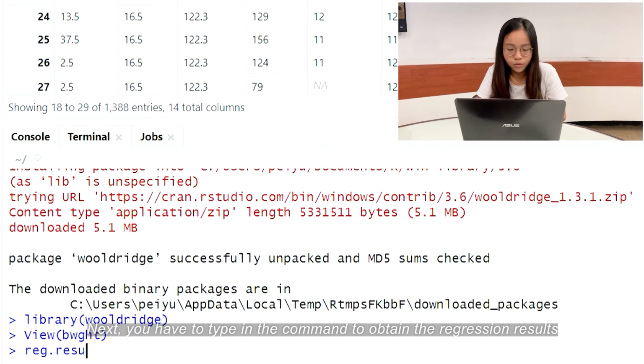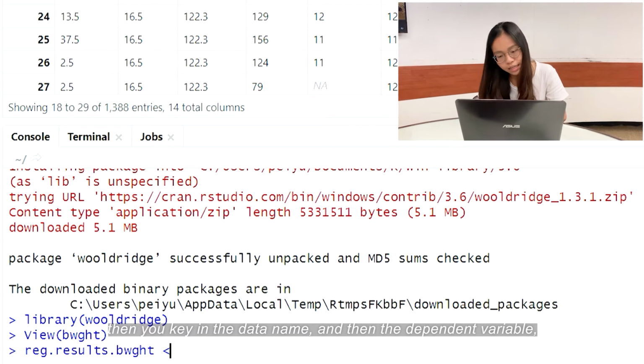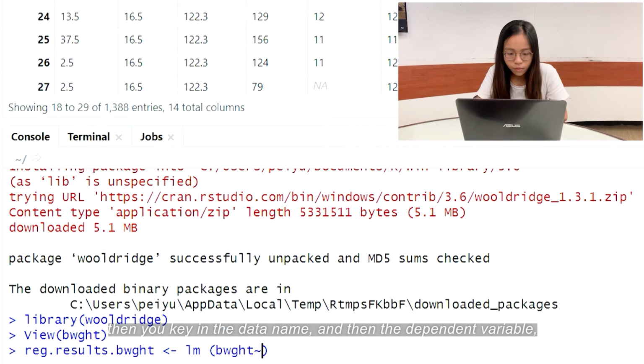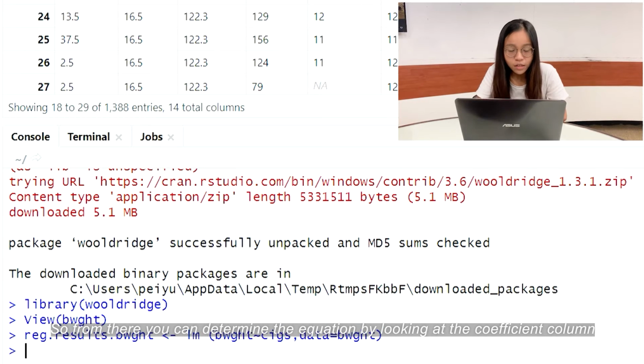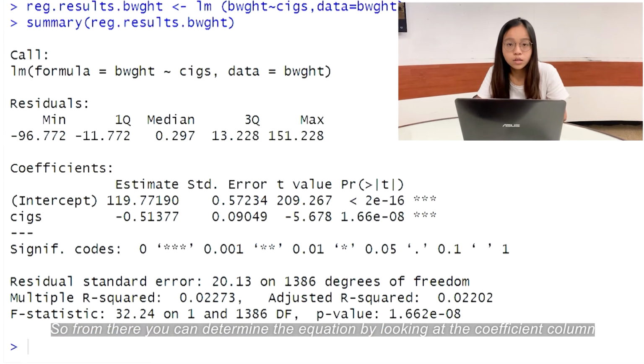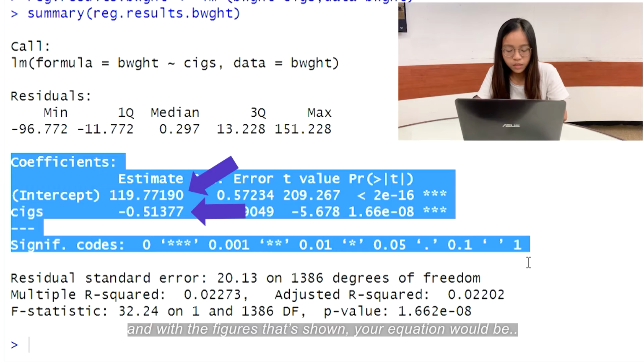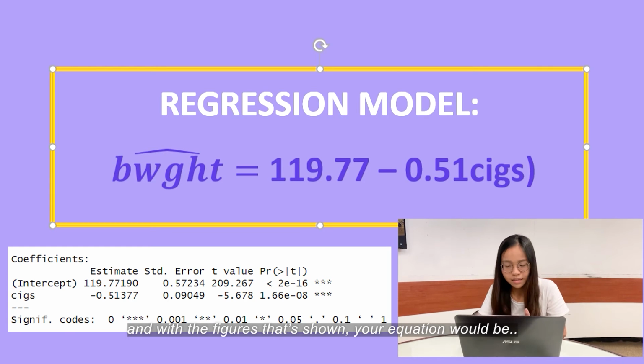Next, you have to type in the command to obtain the regression results. Then you key in the data name, and then the dependent variable followed by the independent variables. So from there, you can determine the equation by looking at the coefficient column. And with the figures as shown, your equation will be